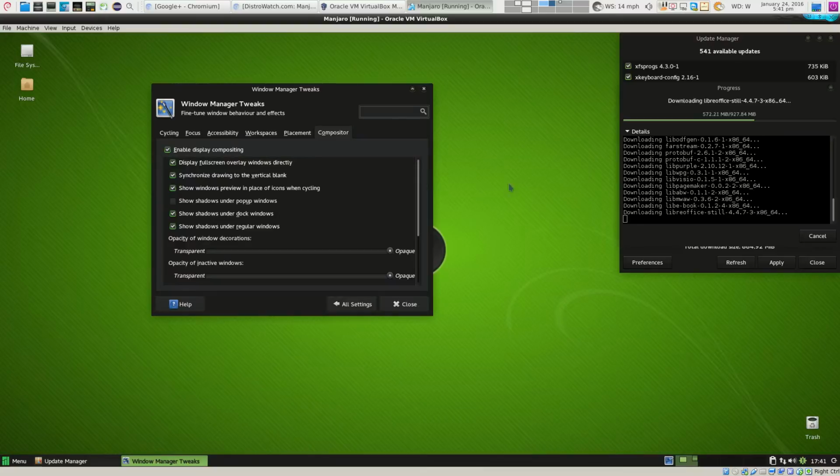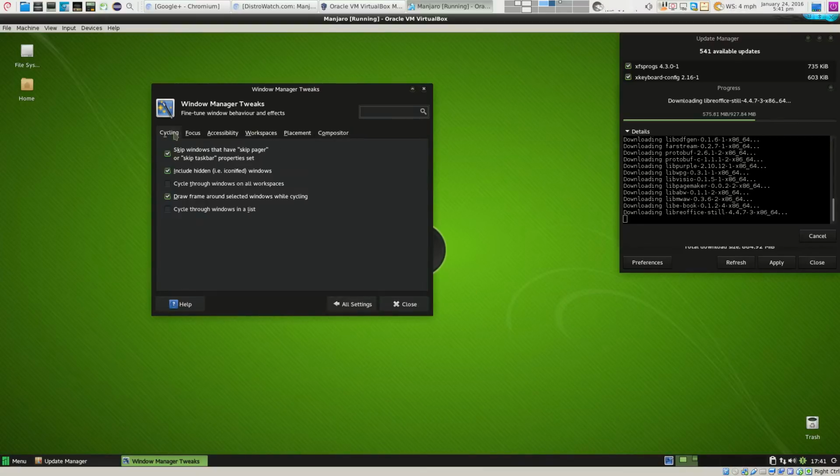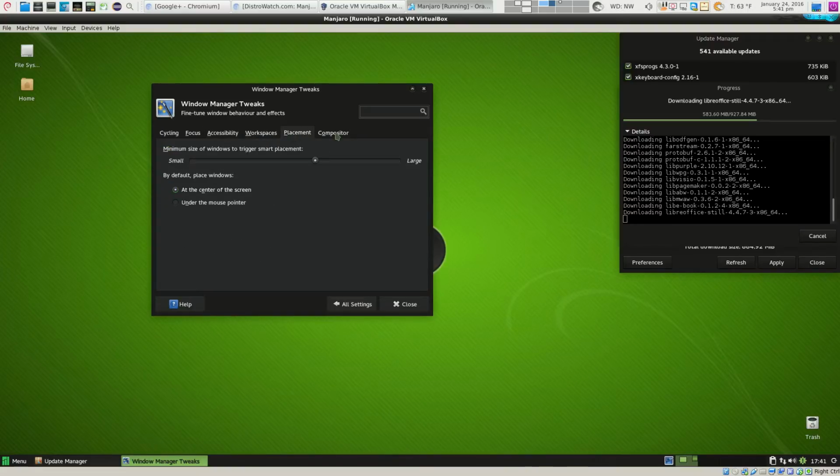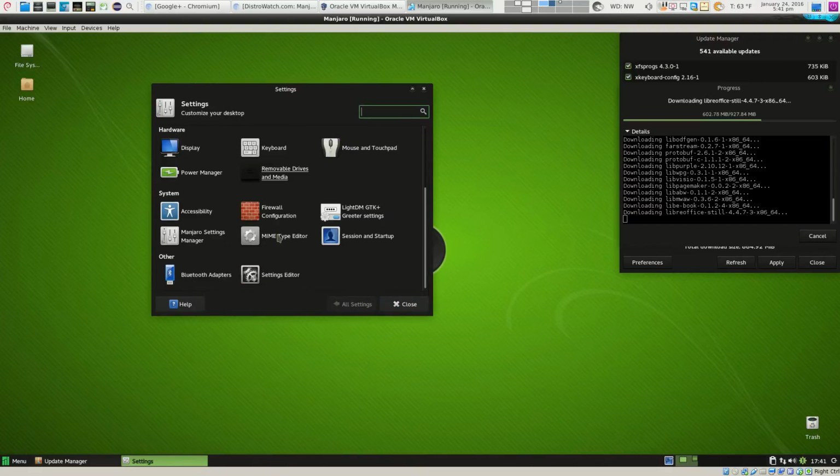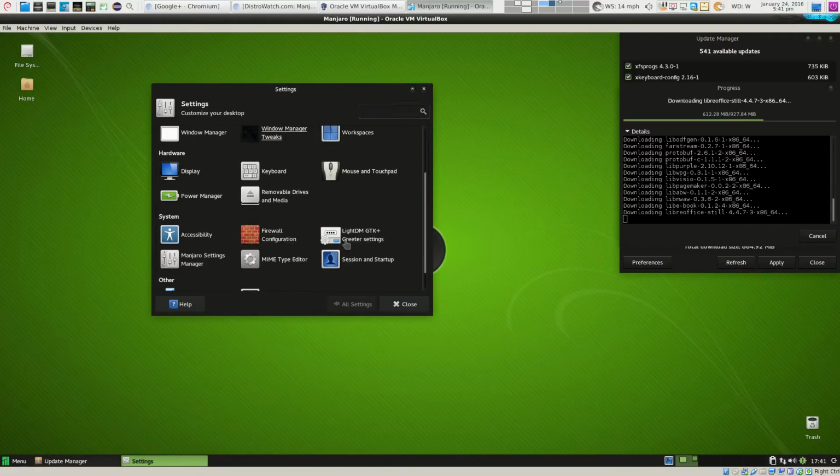This allows you to have the terminal clear, which I'm about to show you how to do. But yeah, size of windows and target, say small, large, at center, under the mouse pointer. So there you go. So you have all these awesome features here as well.